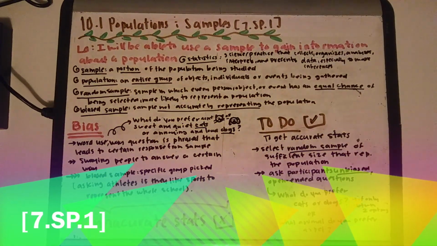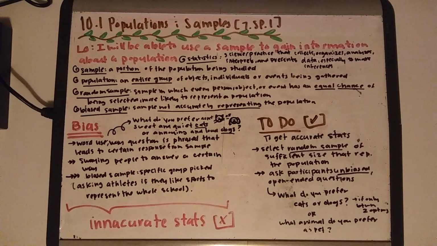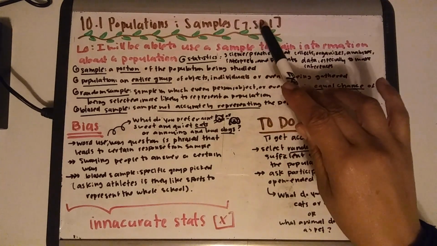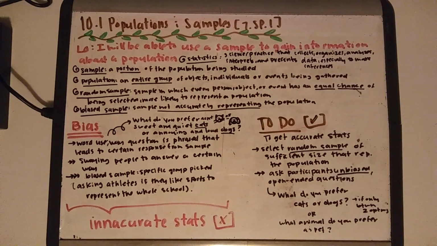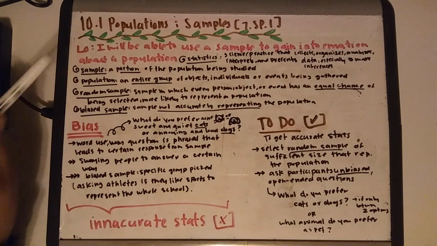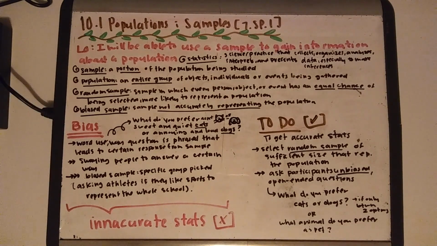Okay, you guys, so this is 10.1 populations and samples, 7th grade statistics and probability, standard number 1. Your objective is to be able to use samples to gain information about a population. A lot of vocabulary, but we need to understand this to be able to know what to do in this